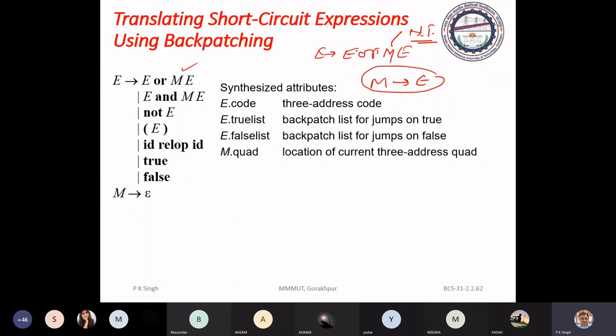Just see, if you see the translation scheme, we write E true in this case. This is E, this is E1, this is E2. E1 true is E true, we are writing, and for E1 false, you have to generate a new label in the case of OR.